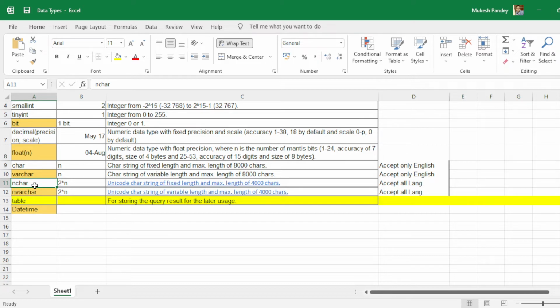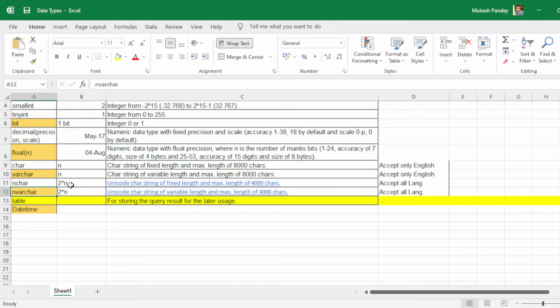So nchar and nvarchar are basically used to accept languages other than English. Suppose you have a column where the data will be stored in a language other than English, for example Japanese or Korean. Then you can use nvarchar or nchar.